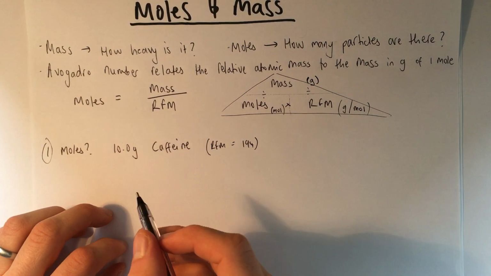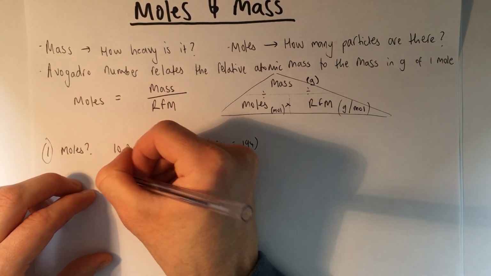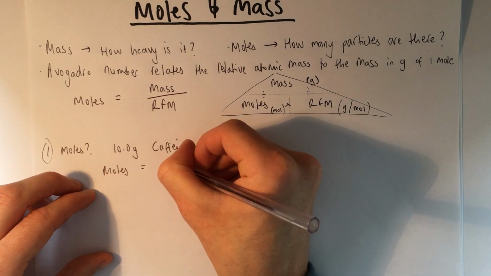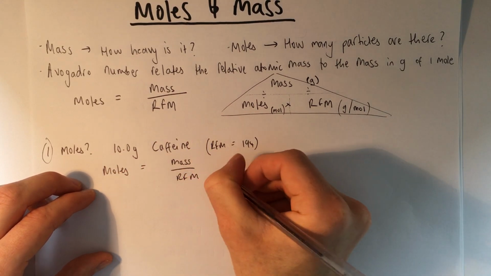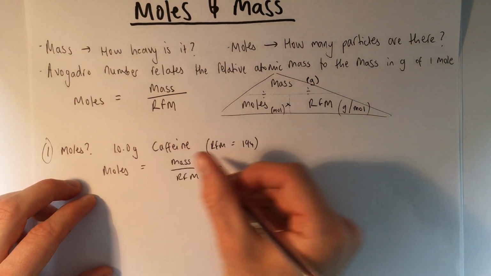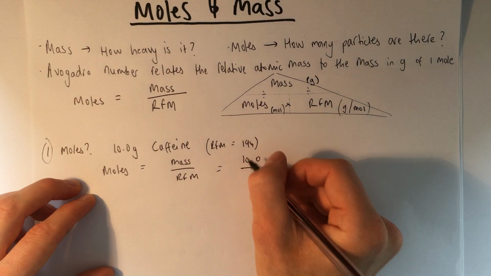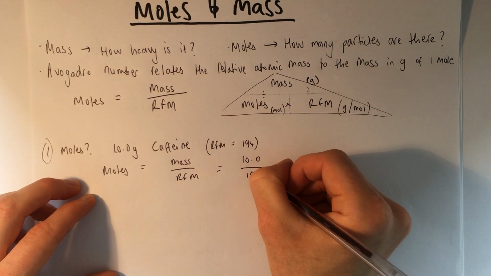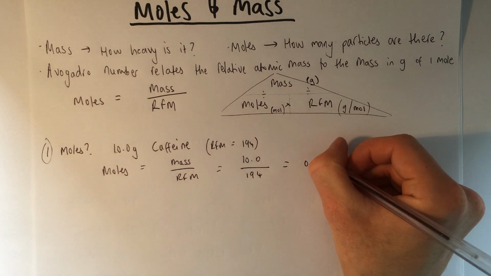Okay, so first step for a calculation, we write down the formula. So I'm going to write moles is mass divided by relative formula mass. Then I put in my numbers, so 10.0 grams divided by 194, which is the relative formula mass. And I did that earlier, I got that is 0.0